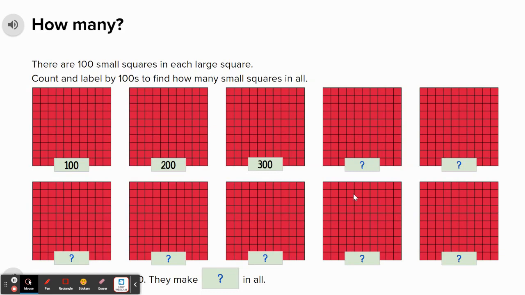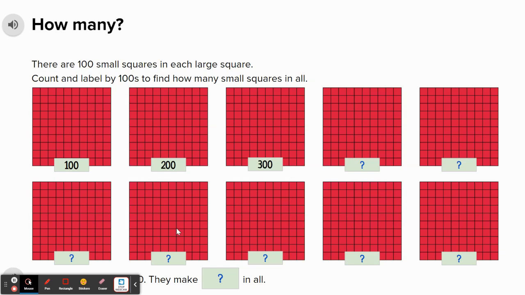Whoa! So if we know there are 100 small squares in each of the red boxes, I want you to count and label by 100s to find how many small squares there are in all. Okay, you can skip count by 100s with me. Here we go. 100, 200, 300, 400, 500,